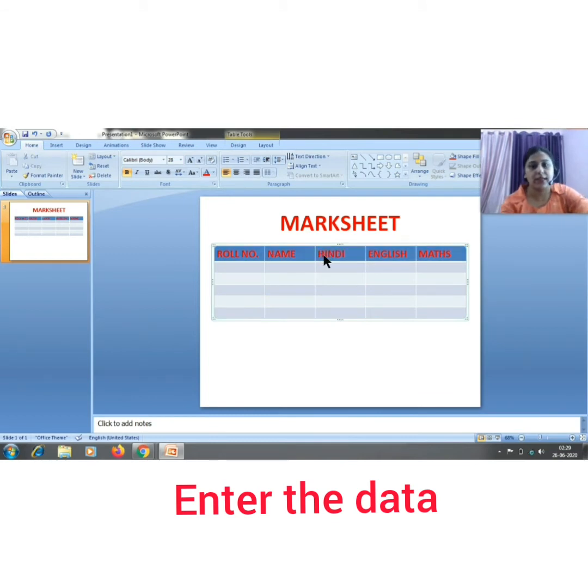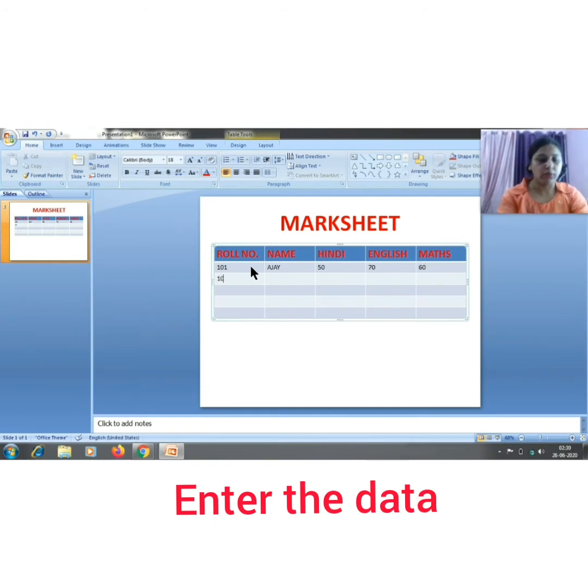Okay, now the roll number was 101, name was Ajay in your book. Hindi it is 50, in English it is 70. Okay, you can write any random numbers, but I am writing the figures that are provided in your textbook.